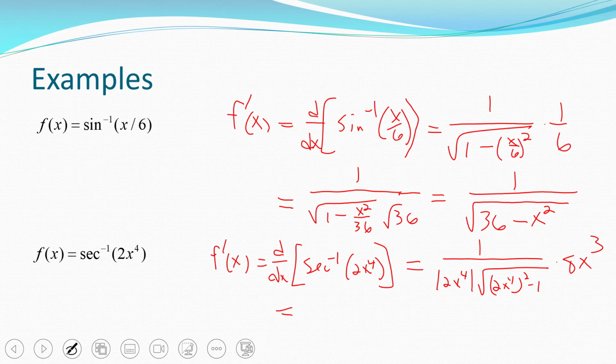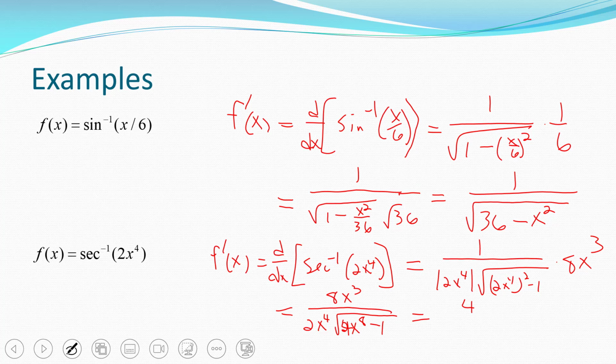So this will then be equal to 8x cubed over 2x to the fourth, square root of 2x to the fourth squared. That'd be 4x to the eighth minus 1. And then the 2 and the 8 would cancel, giving you at least a 4 in the numerator. And now you have to decide